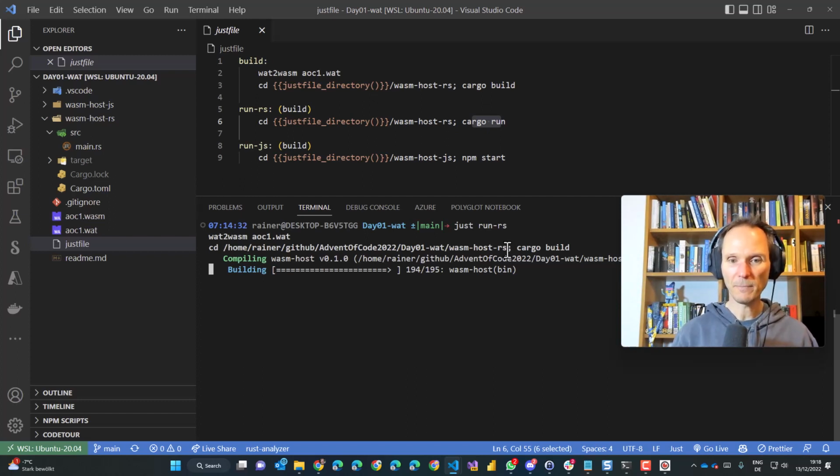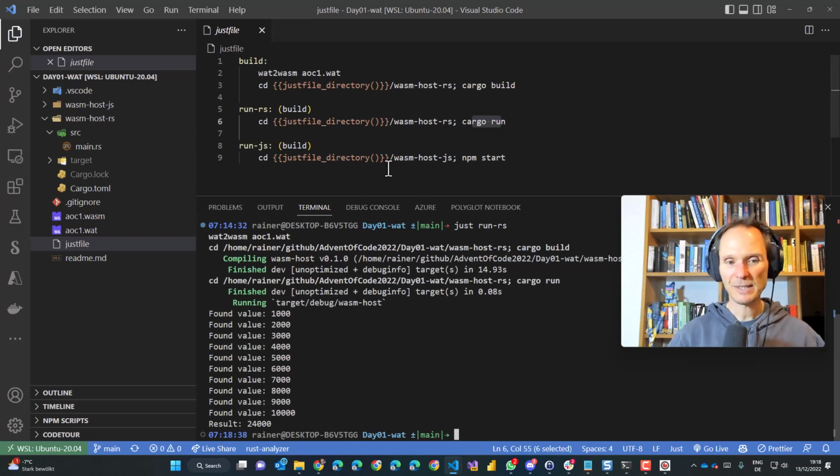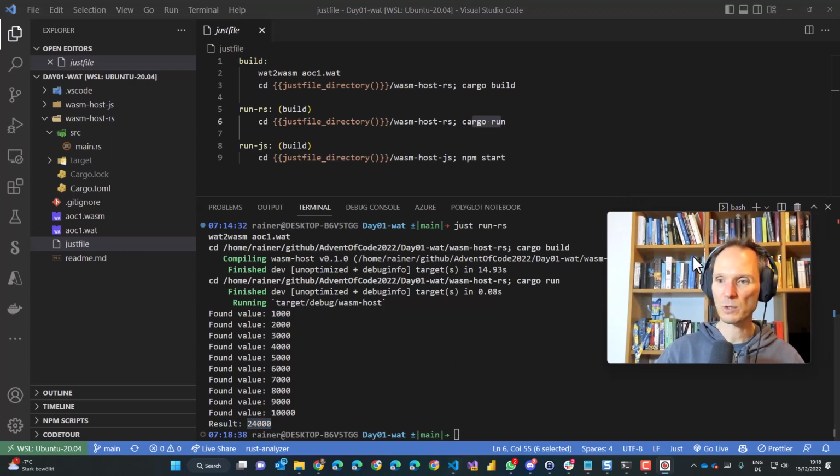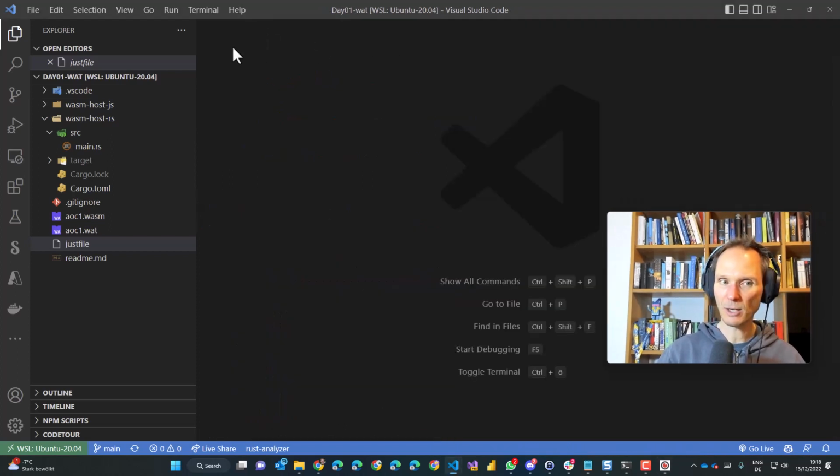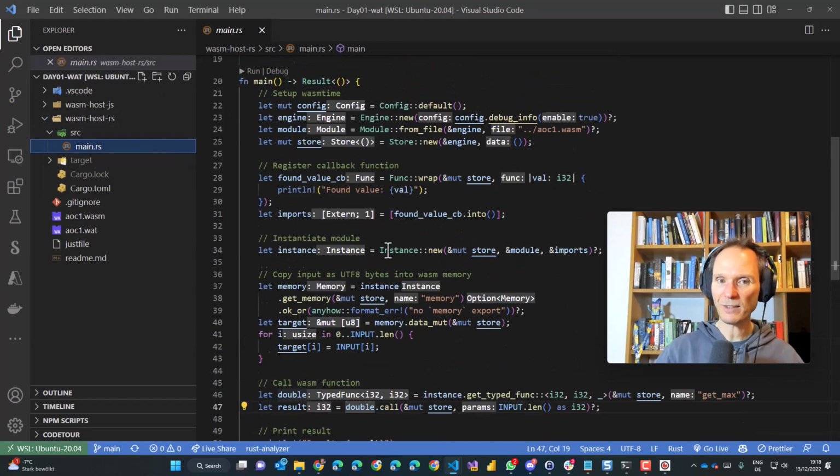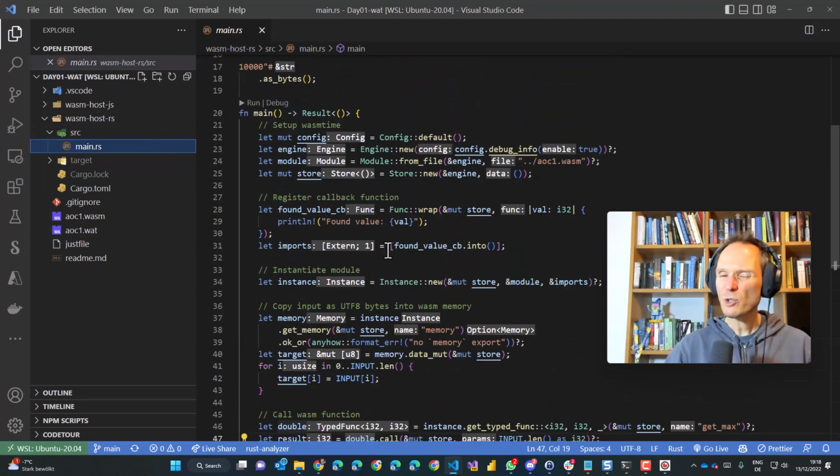Good morning. The compiler takes a little bit of time, as we all know and love it, right? Here it is. See? Bunch of found values. These found values are the callbacks triggered from WebAssembly into Rust. And down here we see the output, and you see the result was correctly returned back to my Rust host. Okay, got it? This is how you write a Rust host,